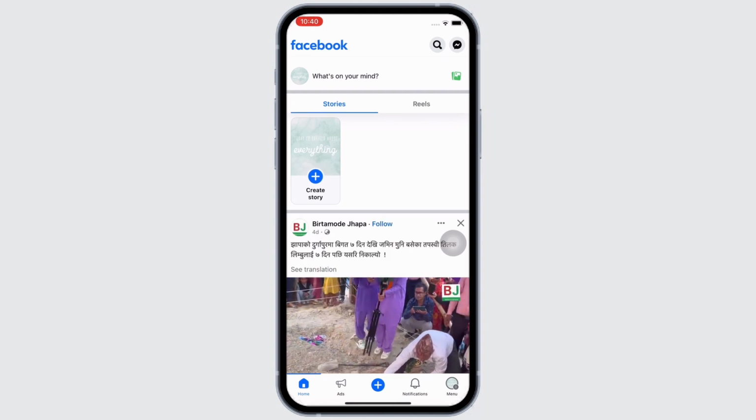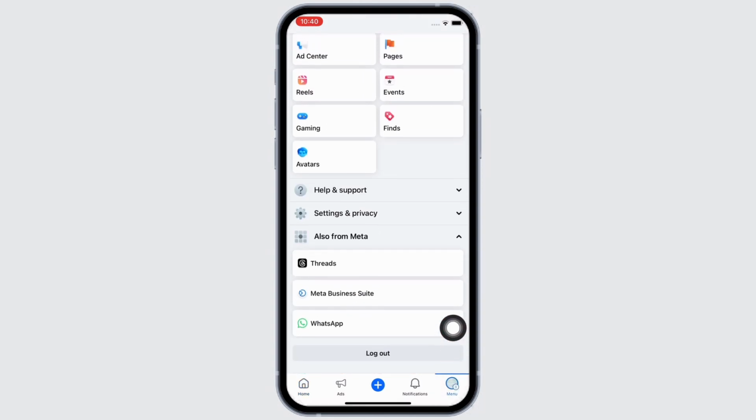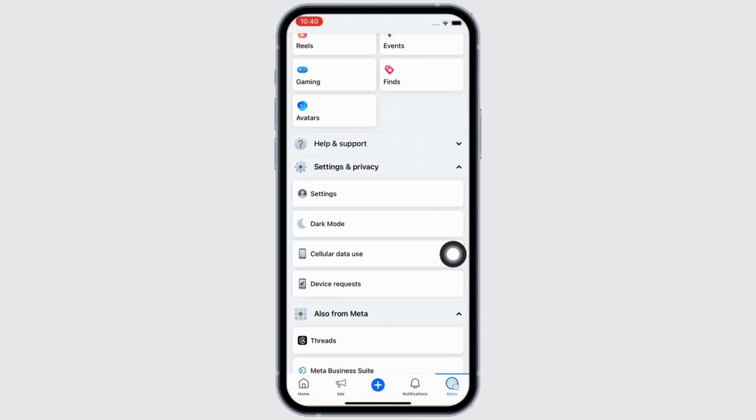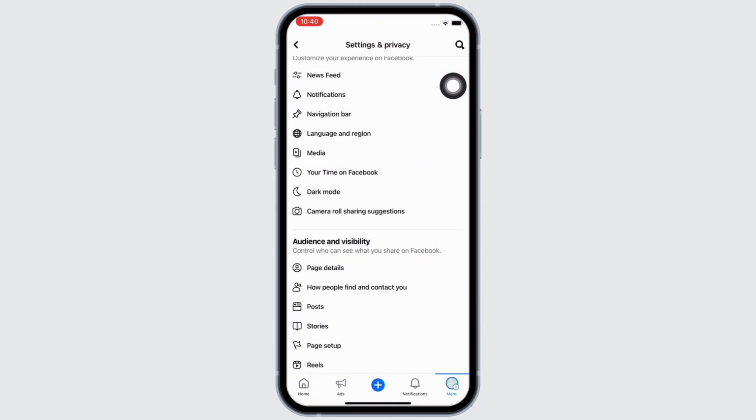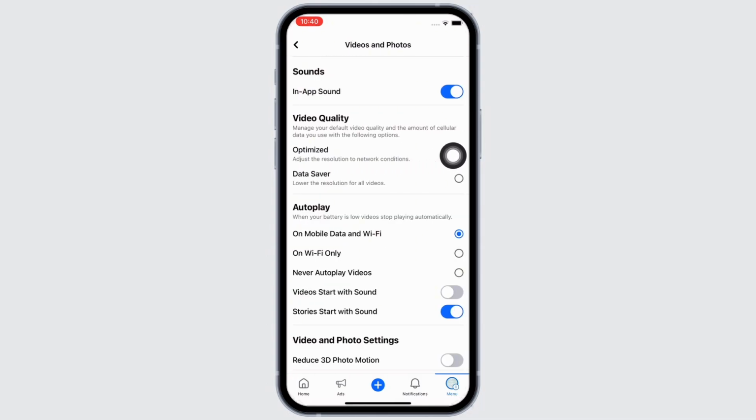Here, tap on the menu button on the bottom right of your screen and further tap on the settings and privacy option and now tap on settings. Under preferences, you will see the option for media. Tap on that. Under sounds, make sure the in-app sound is toggled on and now go back and slide down